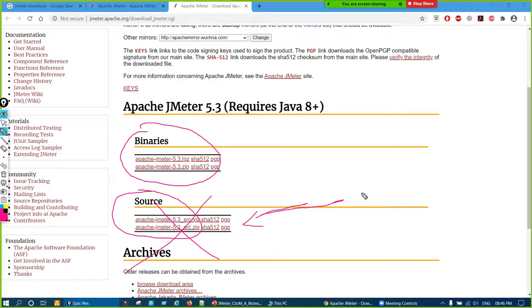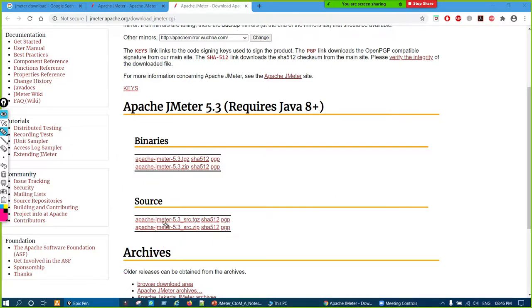Since it's an open source project, you can also download its source code and develop something for JMeter. So for those who want to enhance JMeter, this section is there. It's not for the person who wants to use JMeter, so we should not go here.